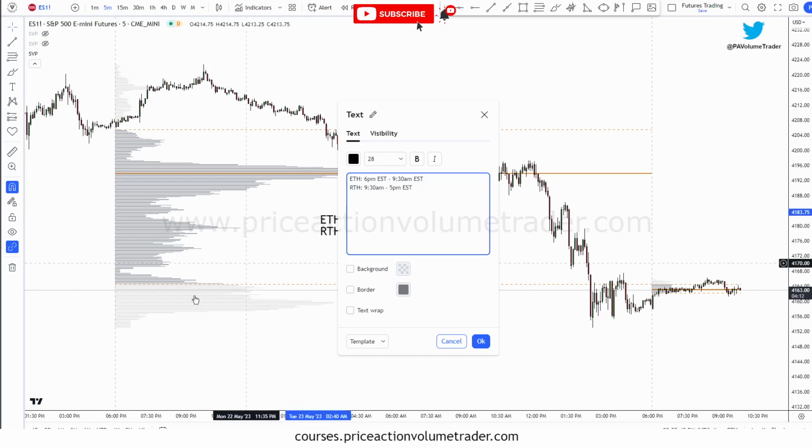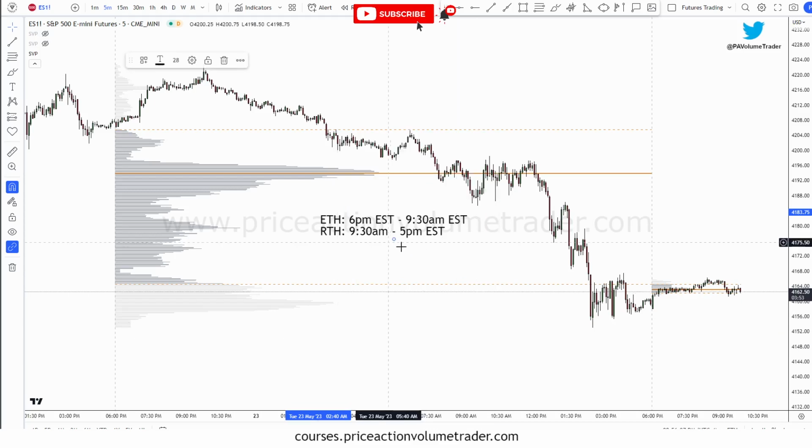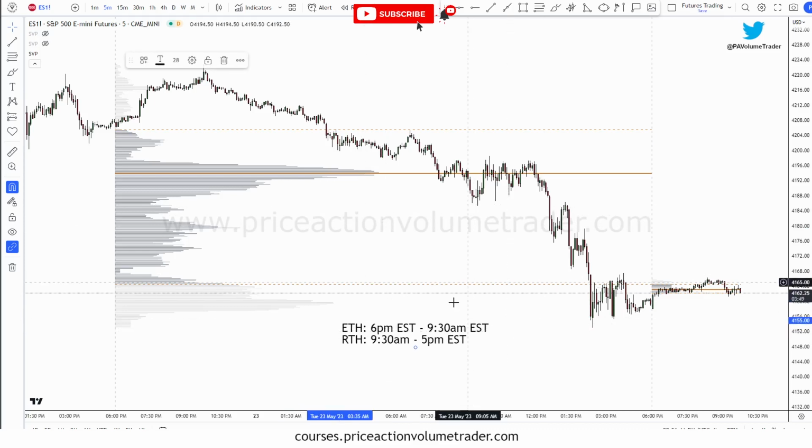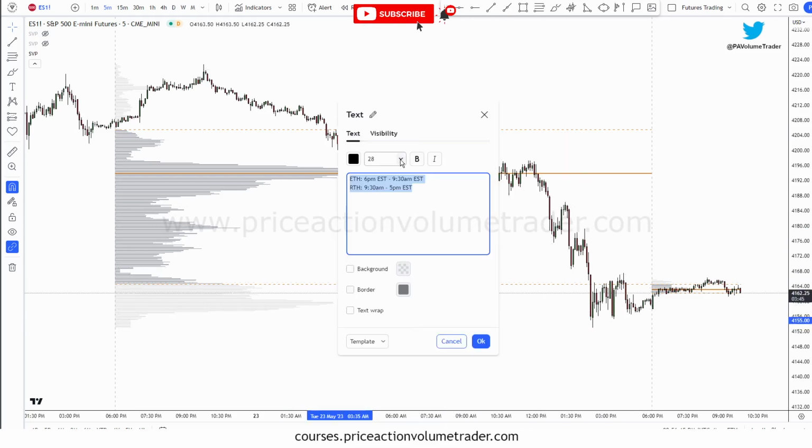Technically, the cash session or the stock market goes up until 4, but then at 4 o'clock, the cash session stops, and we have an hour between 4 and 5 where volumes drop dramatically, but the market is still open and moving. And then officially at 5 is when the futures settlement prices are set for the next trading day. Okay, so